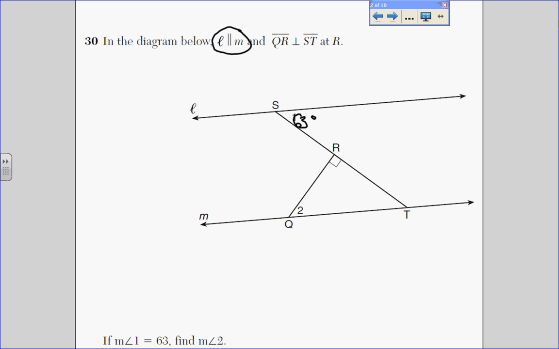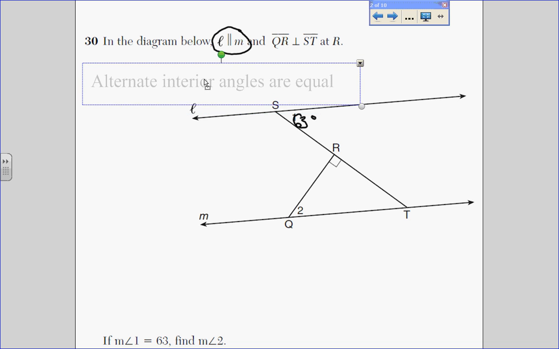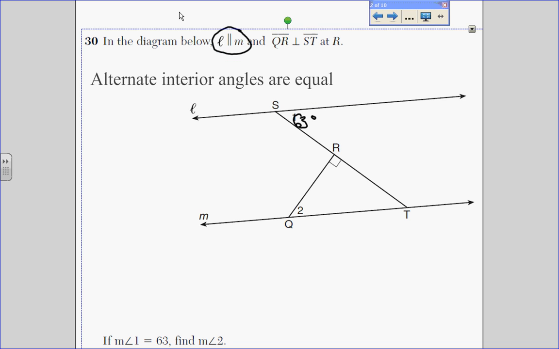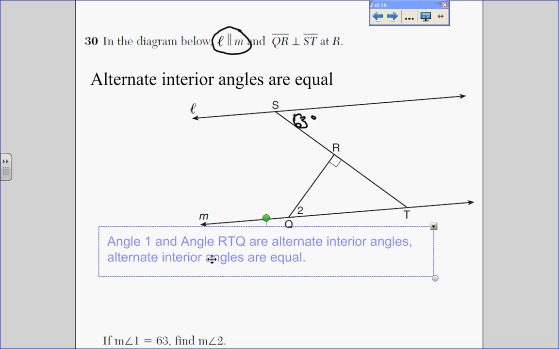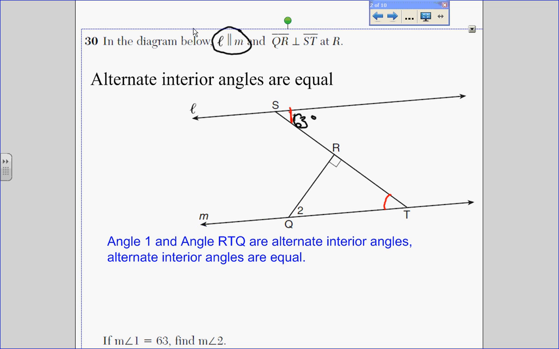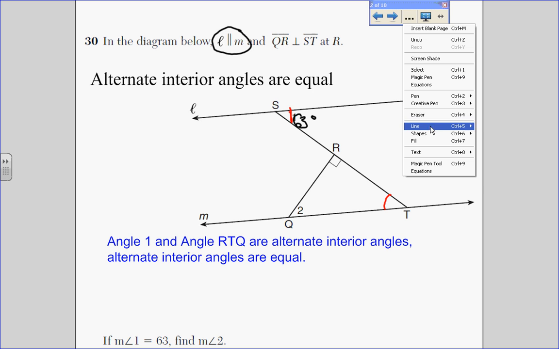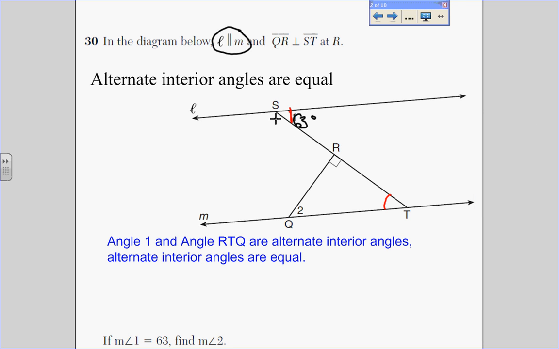Now, you know that alternate interior angles are equal. That's very important to know. And in this problem, angle 1 and angle RTQ are alternate interior angles. So we are referring to these, angle 1 and angle RTQ. If you're having a hard time identifying the alternate interior angles, one thing you can do is highlight the transversal